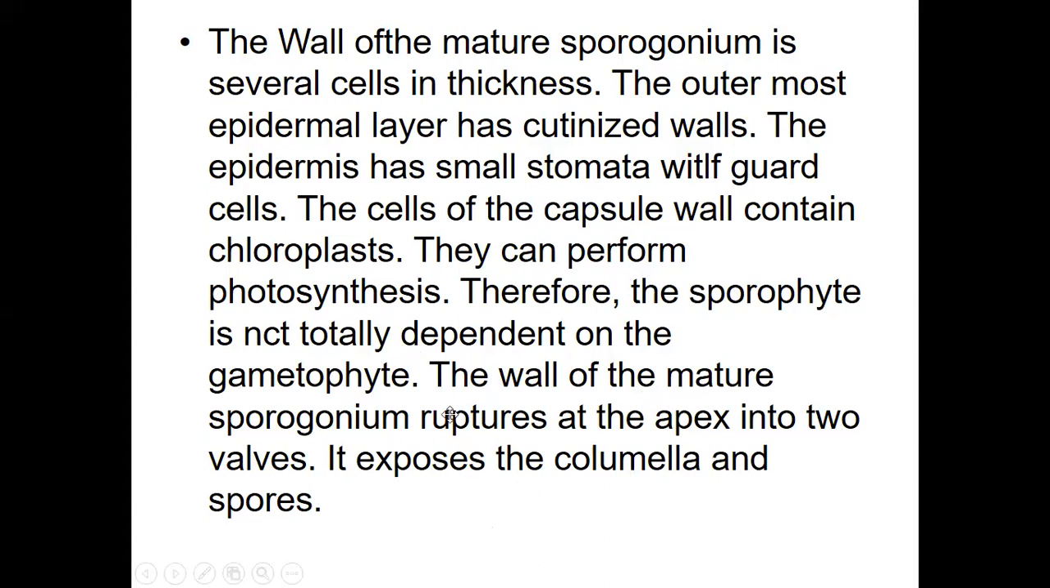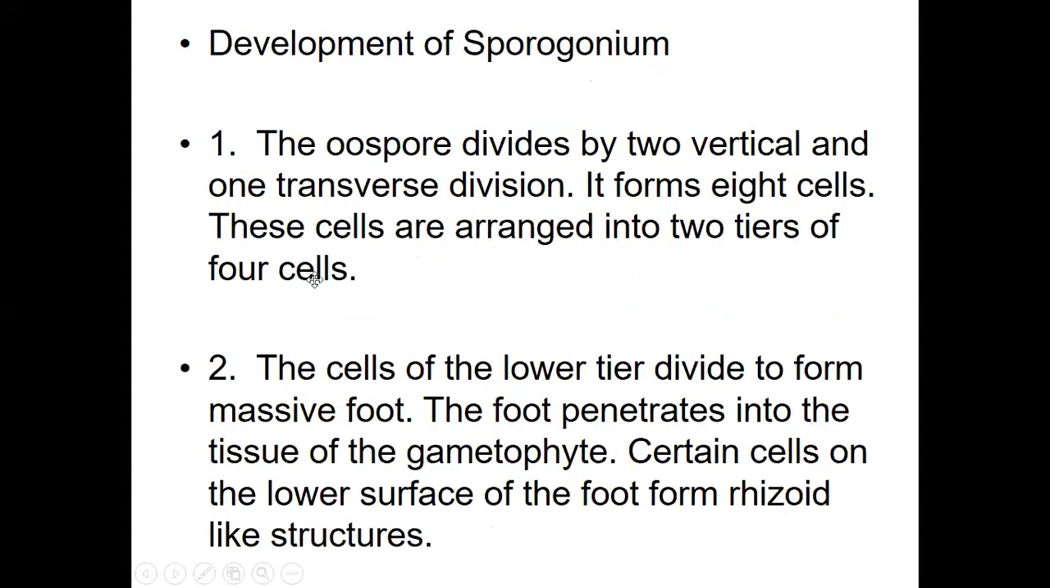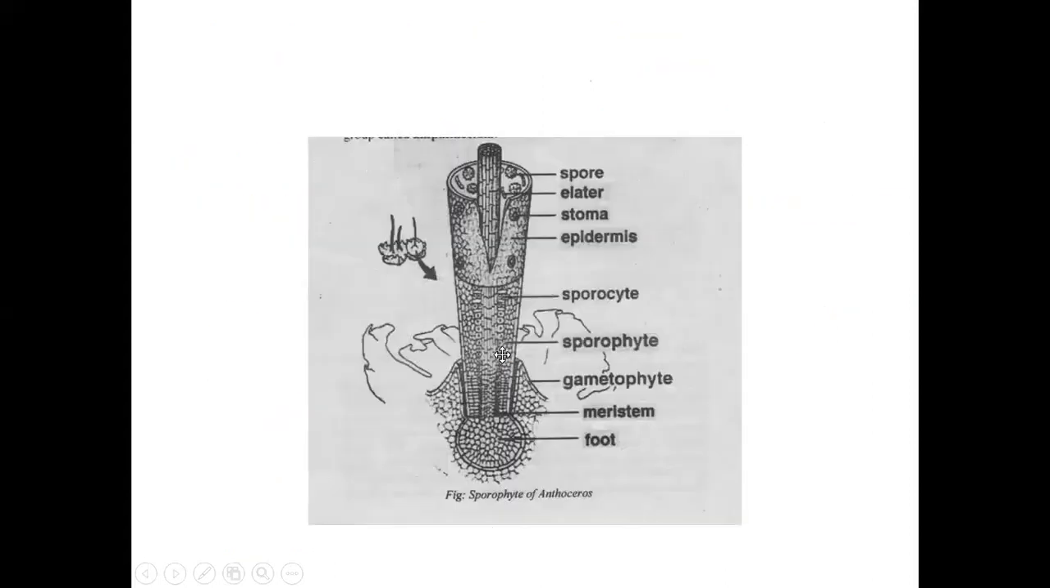Next, the wall of the sporogonium ruptures at the apex into two valves, that is two halves, and it exposes the columella and the spores on either side of the columella. So I'll show you here, this is a complete structure of the